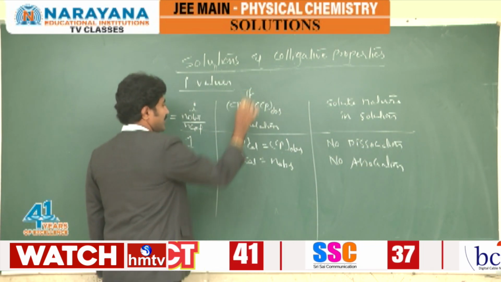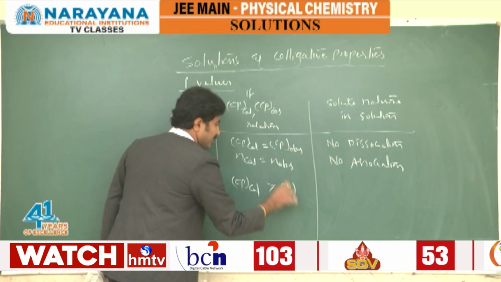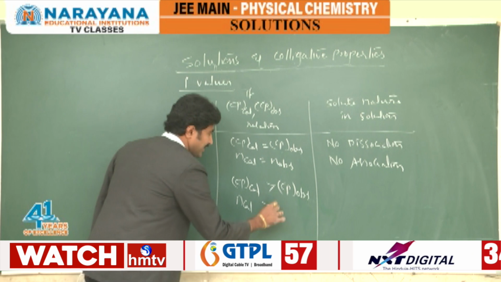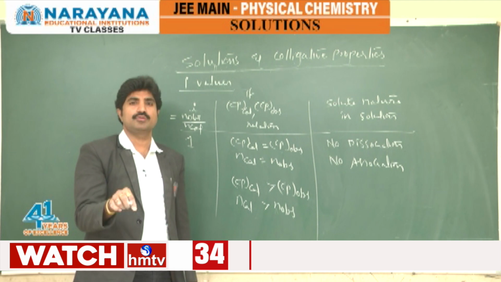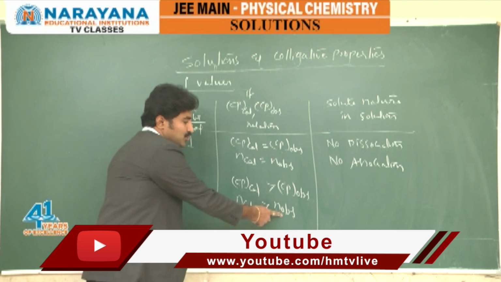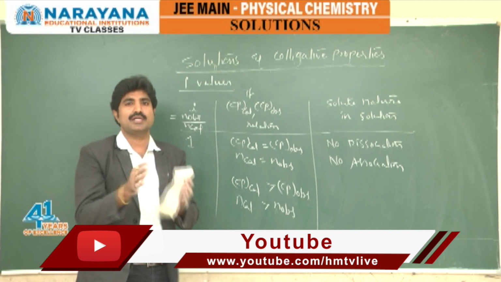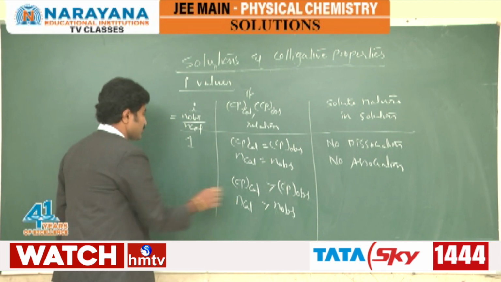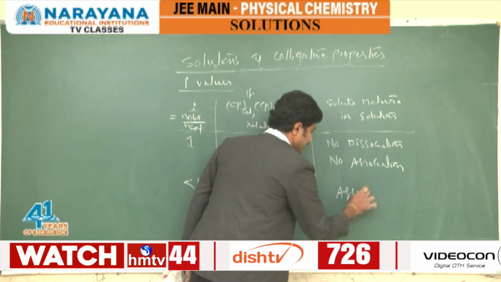Suppose the relation is colligative property calculated greater than colligative property observed; that means calculated moles must be greater than observed moles. That means you added 1 mole of the solute in the solution, then what happened? Your added moles are 1, but in the solution less than 1 mole will be obtained. That means some solute molecules come close and associate, and by that the number of solute particles decreases. In this process, the i value comes as less than 1. Now, in this, association takes place.